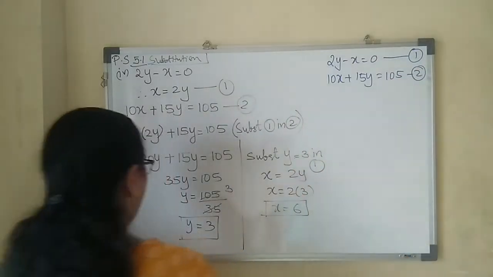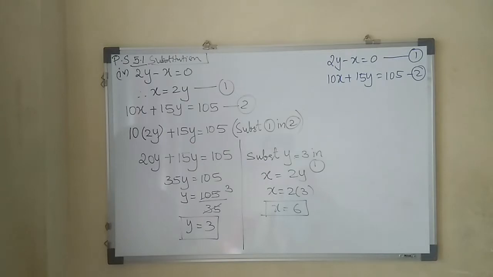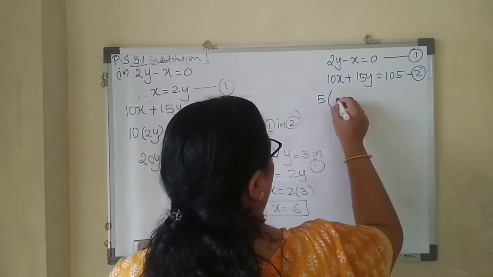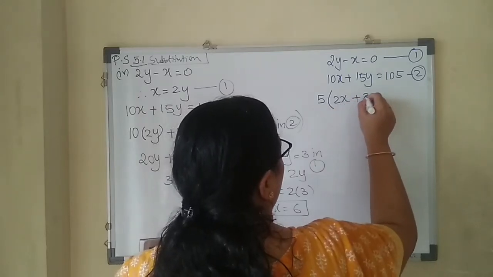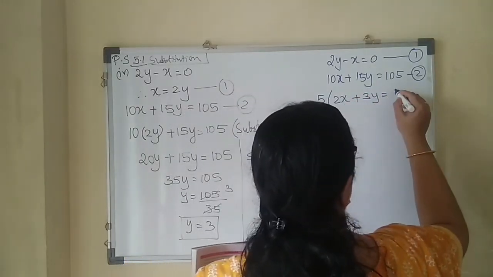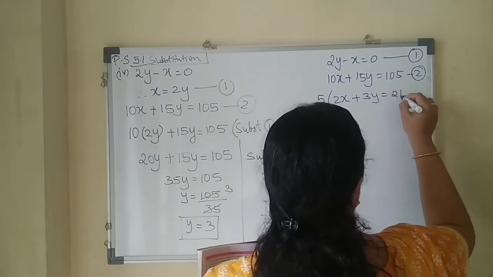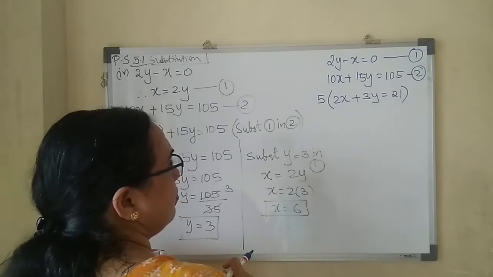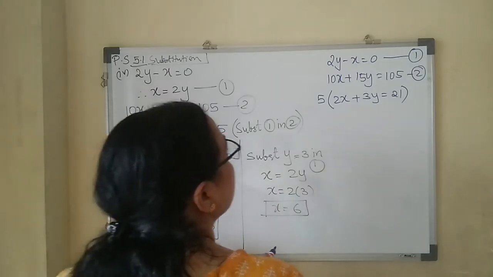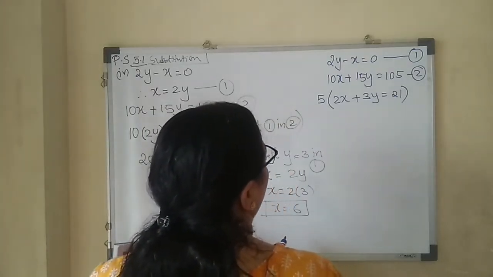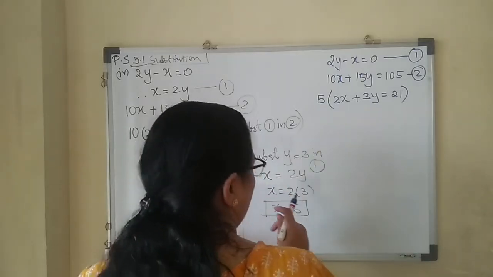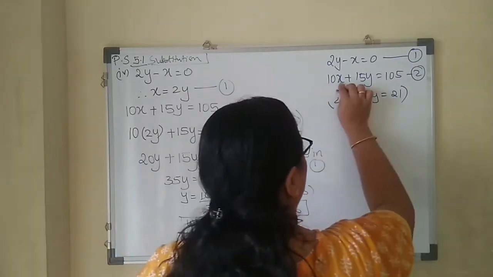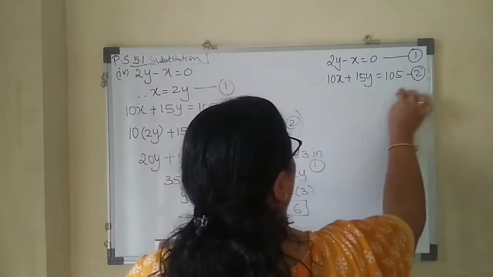So, if I take 5 common in the second equation, what do I get? I get 2x plus 3y is equal to 21, dividing this also. Yes or no? So if I take common like that, I can get an equation which is friendlier. No, again it is not a friendly equation, so we need not bother about this. Okay, so now we have this.